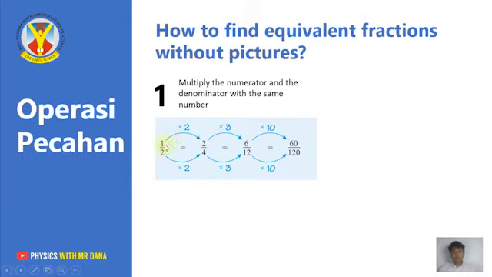First, I will multiply 1 by 2. That's why I also multiply 2 by 2. 1 times 2 is 2. 2 times 2 is 4. So I got 2/4, and 2/4 is equivalent to 1/2. To find another equivalent fraction, just multiply the numerator 2 and denominator 4 by the same number, which is 3. 2 times 3 is 6. 4 times 3 is 12. So 6/12